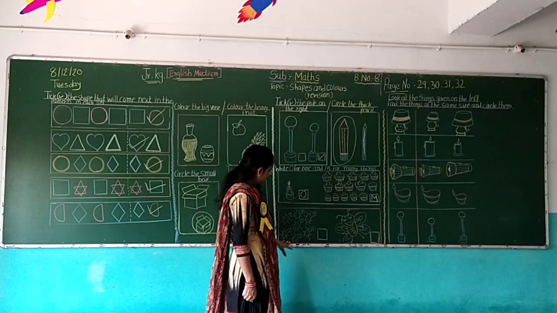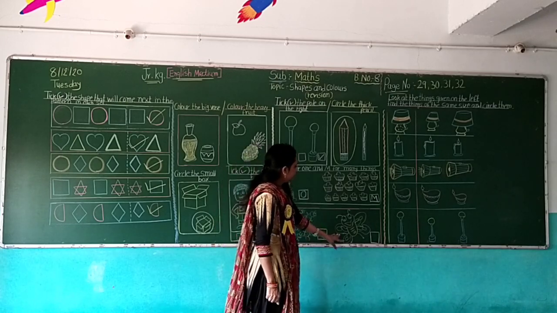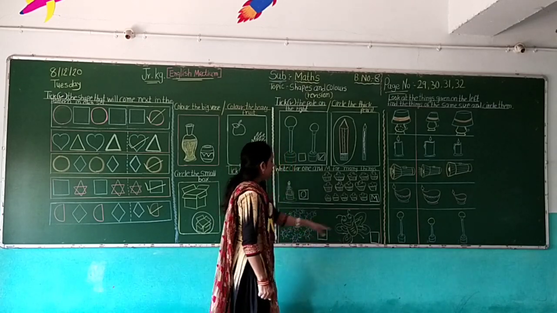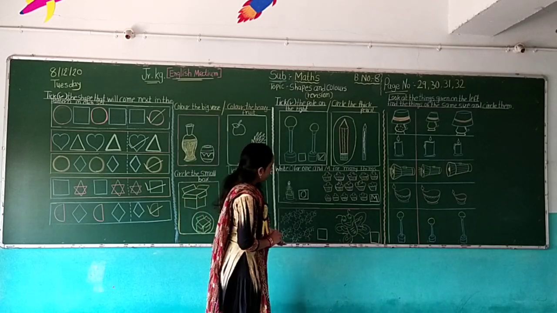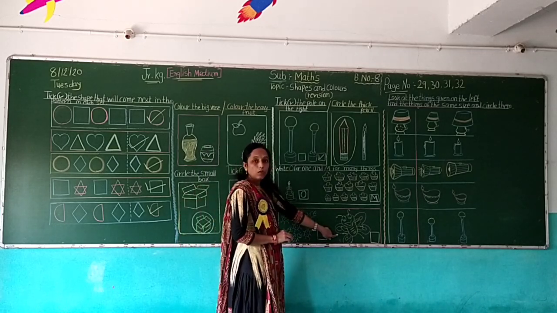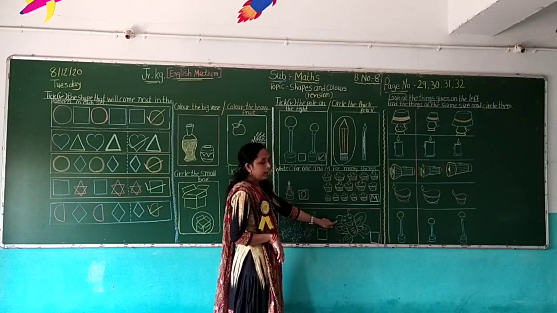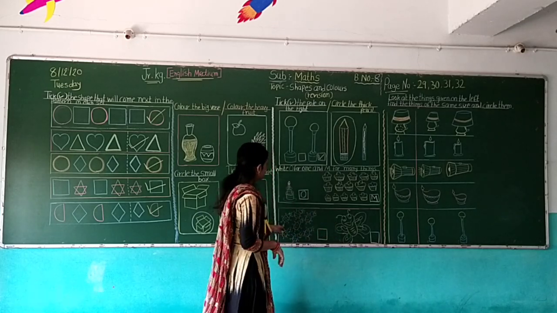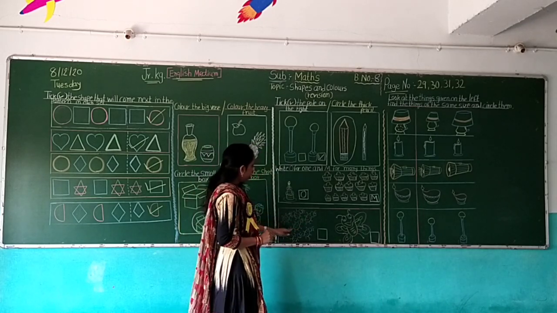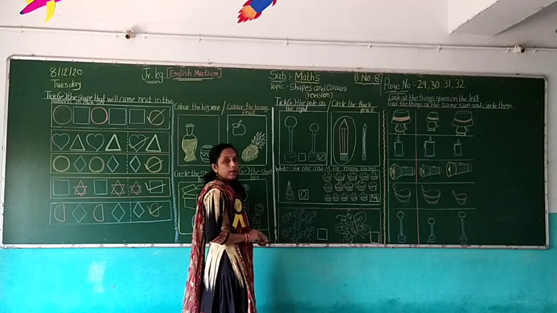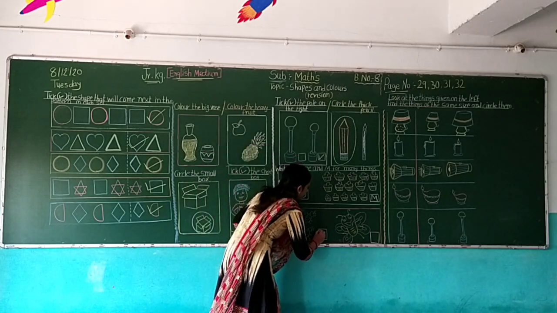Now next, look here. What is this? Ladybird. And this, butterfly. So look at these pictures carefully. Which side has many objects? This? No. This has only one object. This is only one butterfly. And these ladybirds are many. 1, 2, 3, 4, 5, 6, 7. Many means ज़्यादा. These ladybirds are many.